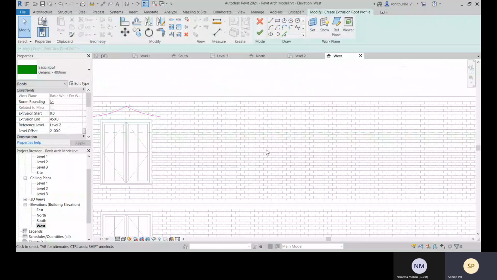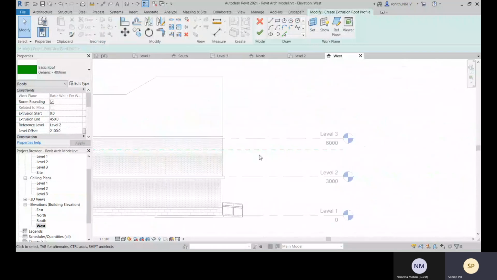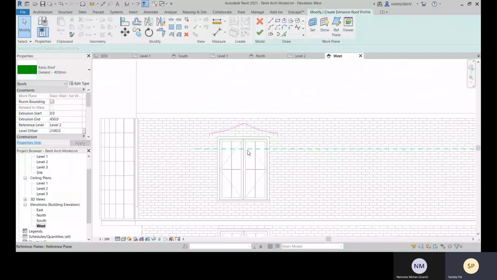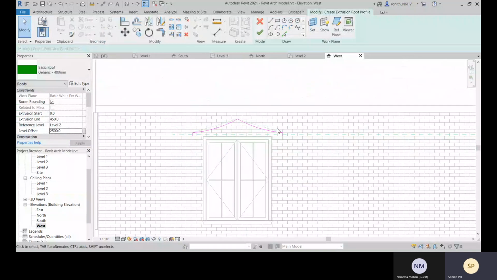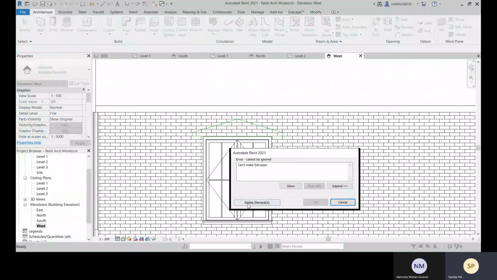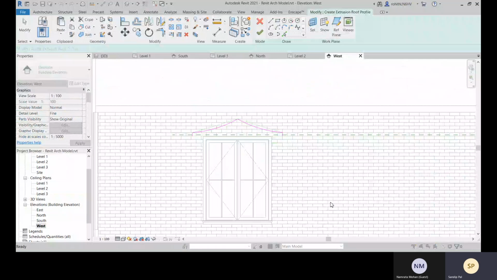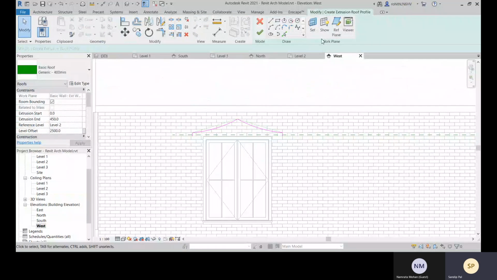I think I'm giving some wrong height. I think I'm giving the level offset. Okay, so that is why let's give it 2500. Yeah. Okay, so you are getting this reference plane according to that, and still cannot.